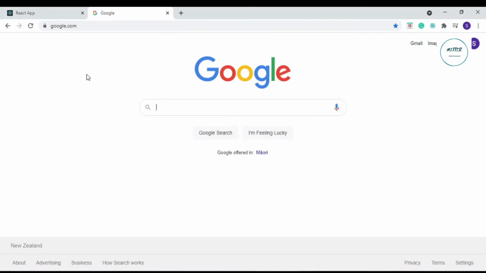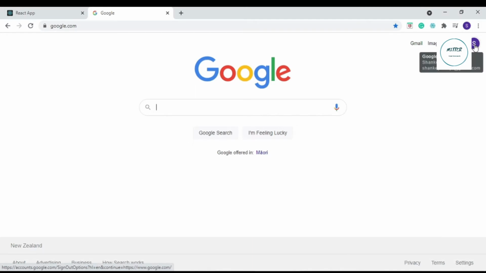So if I go to Google and look at this Google website, here if I go to any of the icons and hover over it, a little pop-up appears which says Google Apps. So this pop-up is basically a tooltip, which makes your website more interactive and more interesting to visit for the users. If I go over it, it will give me a little pop-up which will have some details